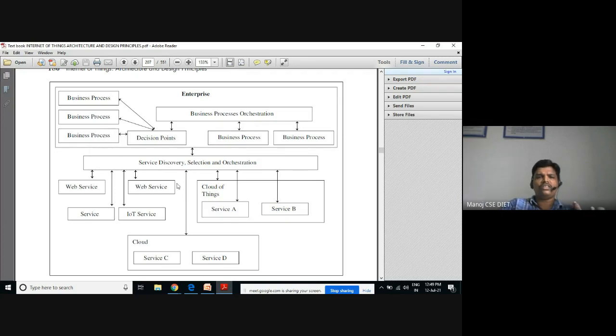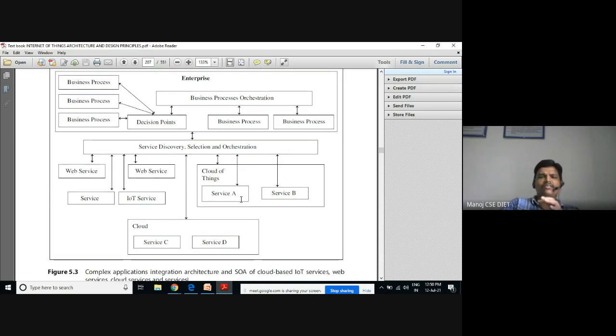You can observe the bidirectional arrows here. The bidirectional arrows represent the exchange of data. To and fro, we are sending the data. The communication is represented here. There are a number of web services regarding service discovery, knowledge discovery, and selection and orchestration. Behind these there is a service, and there are IoT services also, especially regarding the cloud of things, COT, as IoT. There are a number of services, we have service A, service B under this module. And the foundational backend support is a backend cloud.